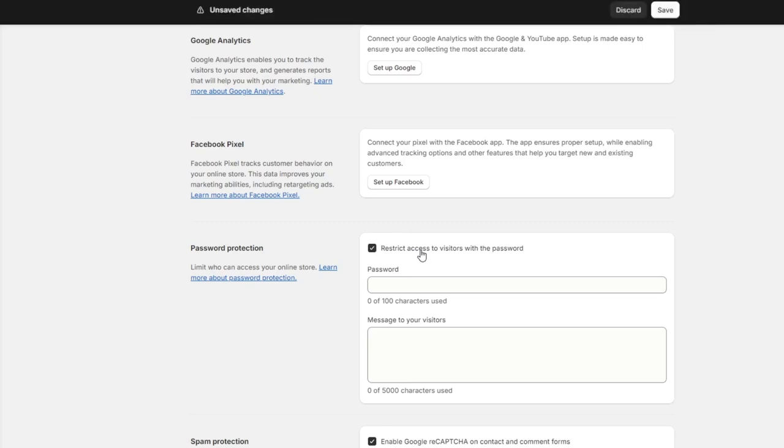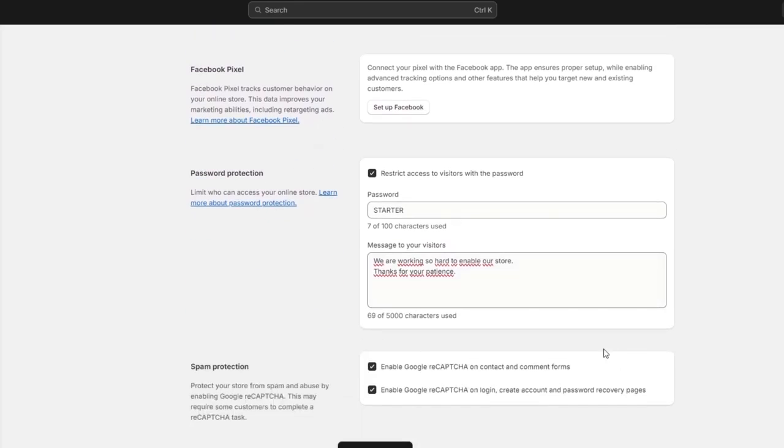So I can just enable this element, and set my password for people who are, let's say for example, a developer or whatever. I'm going to go for, I don't know, starter. And now the message for the visitors, let's say: we are working so hard to enable our store. Thanks for your patience, for example. Now I'm going to hit save, and then later on I'm going to go back into my store